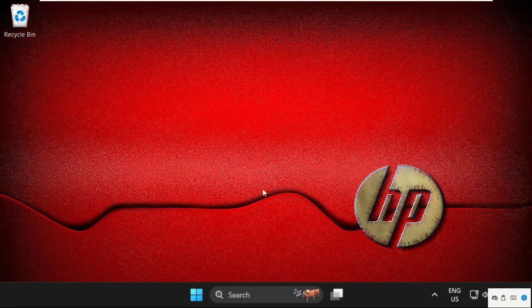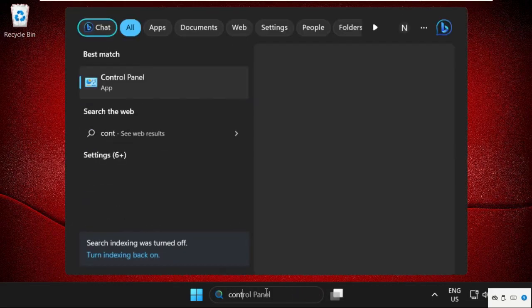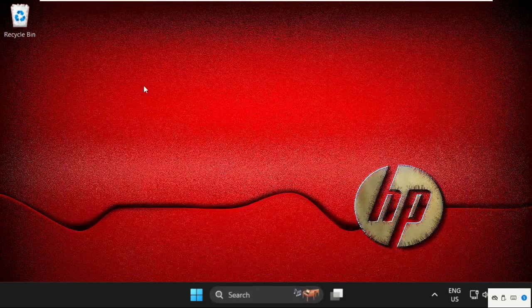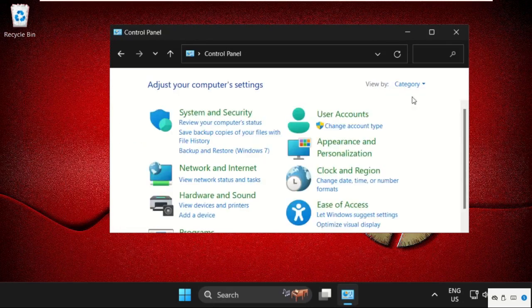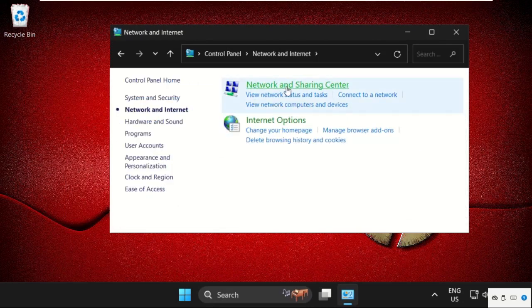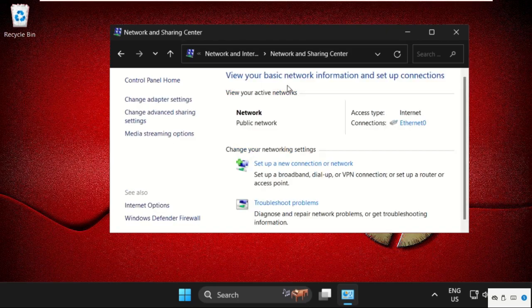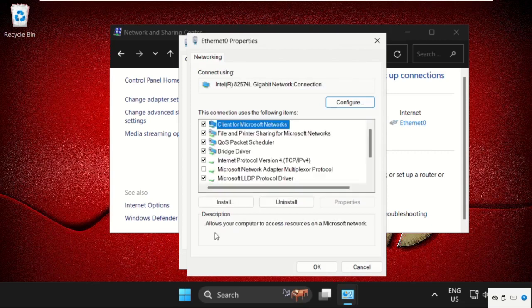In the first step, simply search bar, then type here control panel, then click here to open it. Then we need to select view by as category, then select network and internet, then click on network and sharing center. Now here simply click on your internet connection, select Ethernet, then on this window click on properties, and here